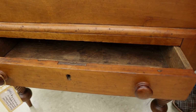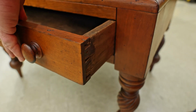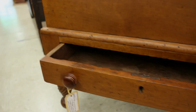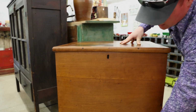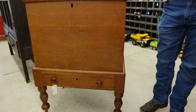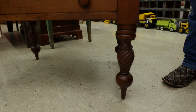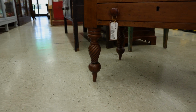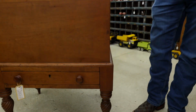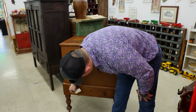Also has a lock, beautiful dovetailed sides, and those sorts of things. But the thing that makes this piece as valuable and intricate as it is are those beautifully turned legs. And in the time where craftsmen were few and far between, to find something of this splendor, if you will, was a pretty rare occurrence. This particular piece, I think it says here,